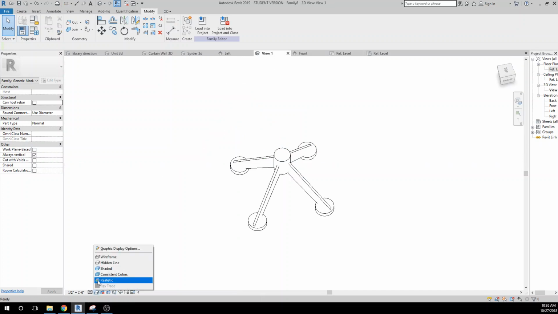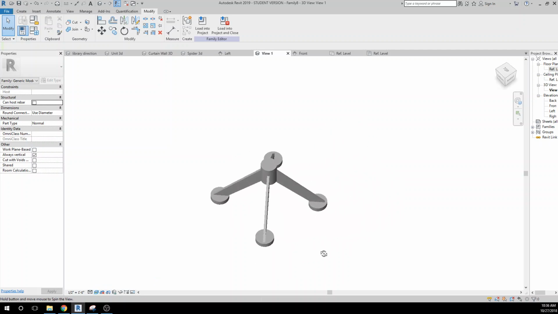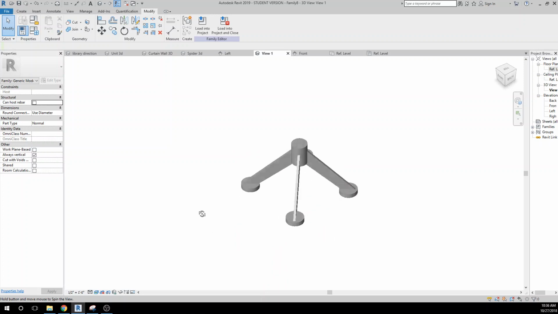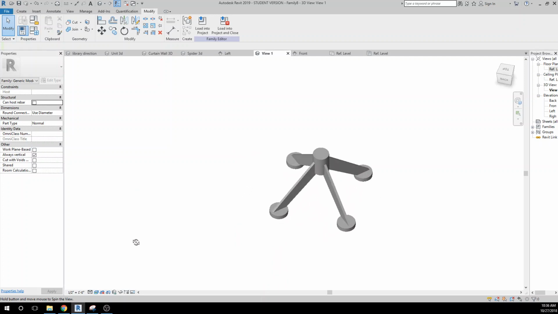All right, now I'll render it so it gives a little shadow to it. Okay, so that's just the basic idea of how we go ahead and create a spider. And the next thing we're going to do, and I'll put that in the next clip, because we're going to then import this now into another generic model that'll have an adaptive point to it before we bring it into the